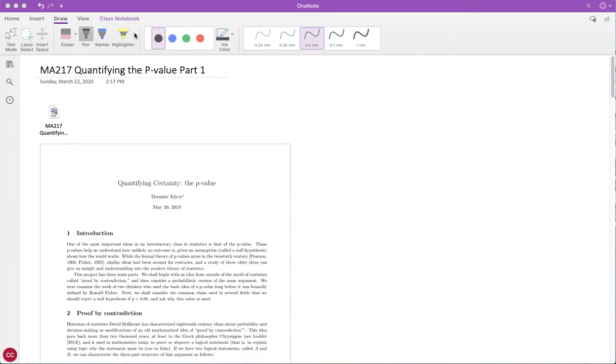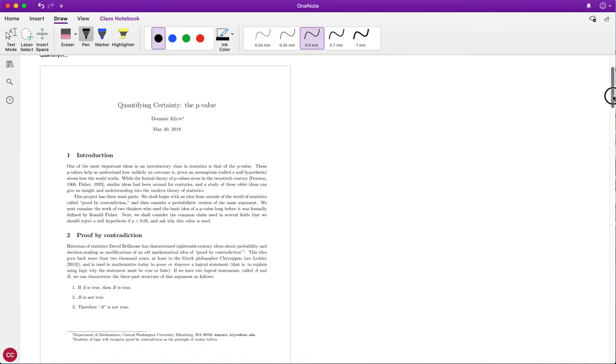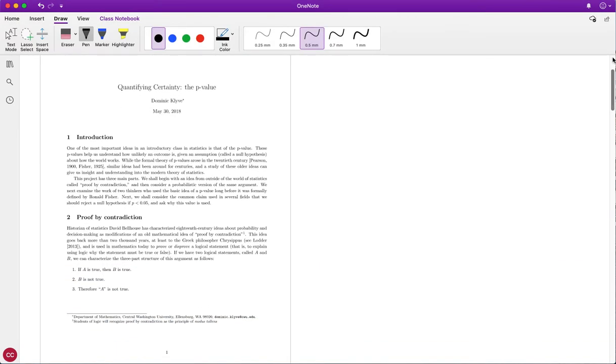Welcome to my introduction on one of our next assignments here on quantifying uncertainty, the p-value, which will be one of the next topics that looks into the historical significance of some of these concepts inside of statistics that we currently use nowadays. Specifically, the p-value in this case. This is one of the most important topics inside of this class due to the fact that, as we will see inside hypothesis testing in a bit,